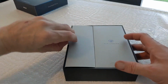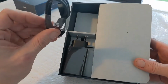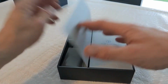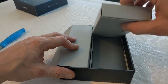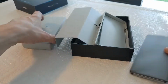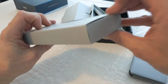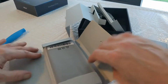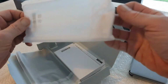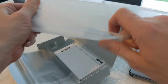That's that out of the way. So we have got in here our USB-C plug and our adapter here, and on this side we have got our phone. So what else do we have in here? Very nice. You get your booklets and you will get 2 cases to use out of the box, which is